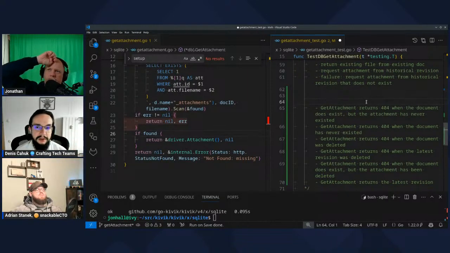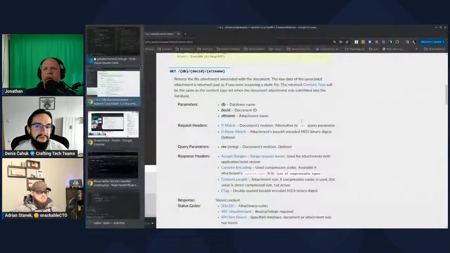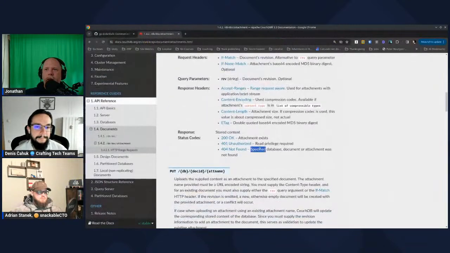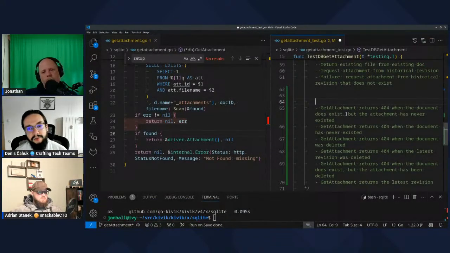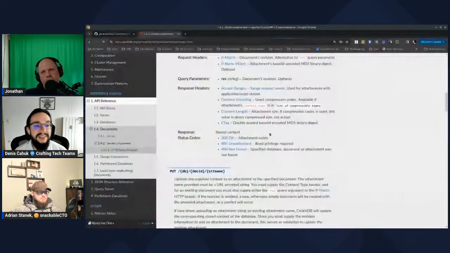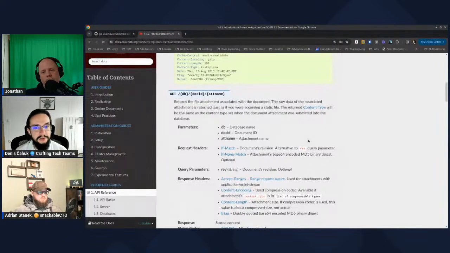The 404 is domain specific, in the sense that it's listed here. You could have a database search by file name, so we say when the attachment with the file name doesn't exist. We need to be very specific here. Actually, I would say no, we covered that.